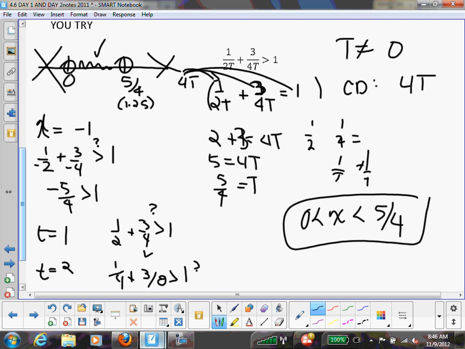Isn't x greater than 0 and less than 5? She said 0 less than x less than 5/4. I thought. That's what I heard. Okay? How we doing? Okay? All right. Let's go on to